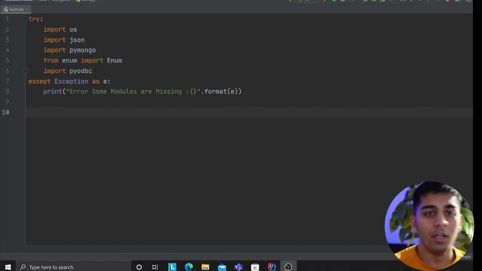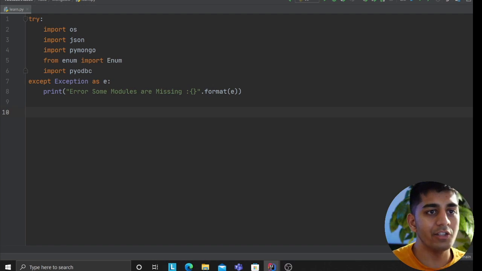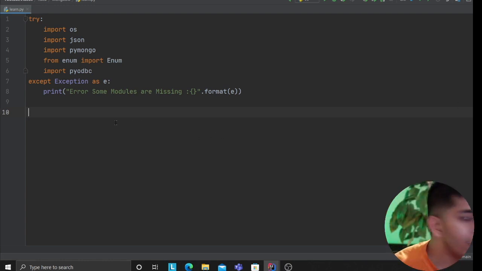So let me show you more in the goal. Again, I'm going to repeat the goal of the video. The goal of the video is essentially to show you a design pattern that allows you to write migration scripts pretty easily using the concept of connectors. Okay, so let me show you.